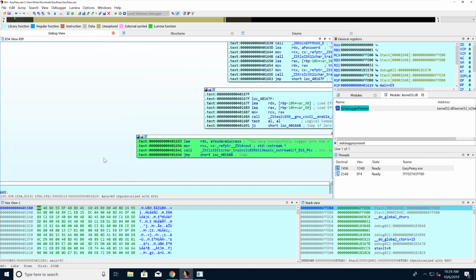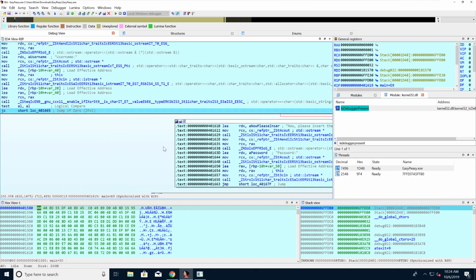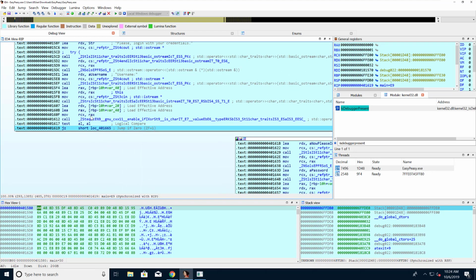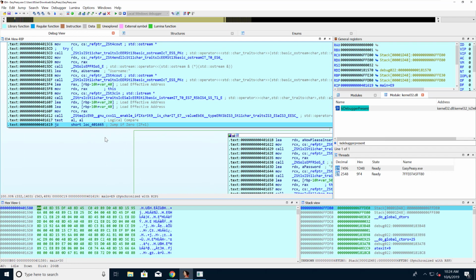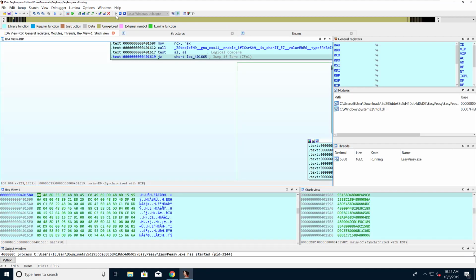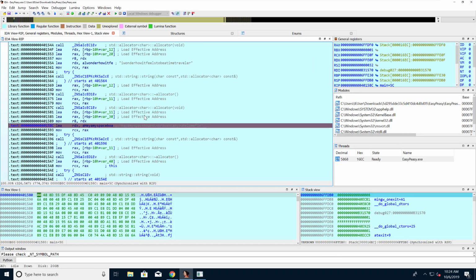Checking it. Yeah, it already checked that it's not long enough, so it's moving there, because the username that I use is not long enough. So what I can do,